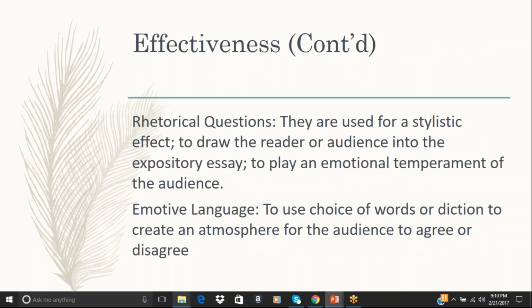Rhetorical questions are used for stylistic effect to draw the reader or audience into the expository or persuasive essay, to play on the emotional temperament of the audience. So you ask a rhetorical question, you're asking a question you don't expect an answer to, but what it does is that it tries to establish some form of common ground. It allows them to actually think about it. That's why people use a lot of rhetorical questions